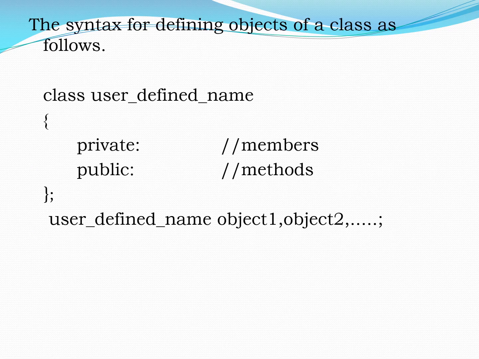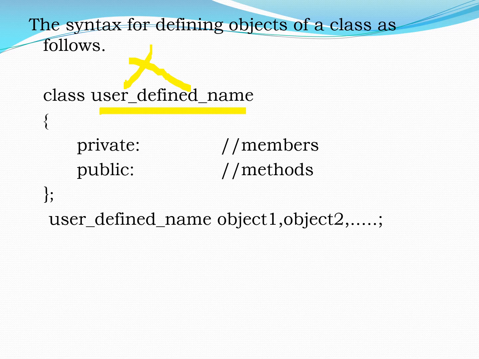Here we have a general syntax for defining objects of classes. As we know, the object is created in the main program. A general syntax tells that the class is already created, class is a keyword, followed by a user defined name. For an example, I'm going to take X as a class name, and I'm going to create it with the member functions and data members within private as well as public. Once a class is created,